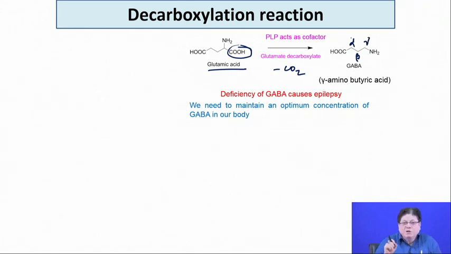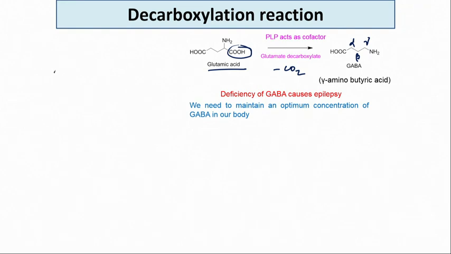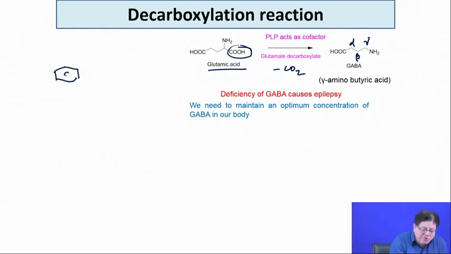This is a very important neurotransmitter. I said that many of these neurotransmitters are essential for keeping our mental health in the perfect form. So, an optimum concentration of gamma aminobutyric acid is necessary. Similarly, you have other compounds like dopamine, which is obtained from, now this is your dopamine. Dopamine is also a very important